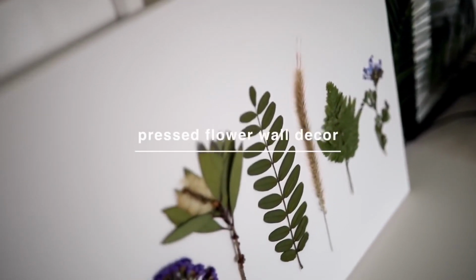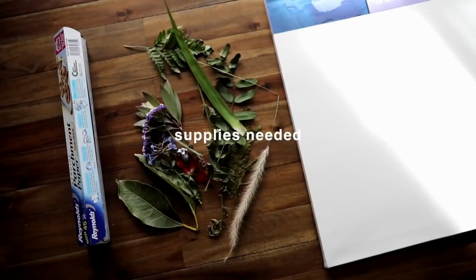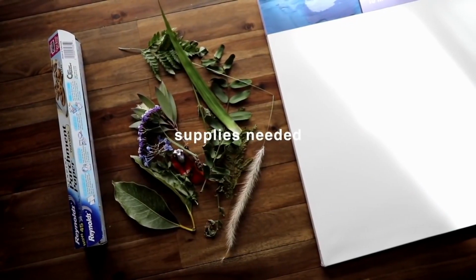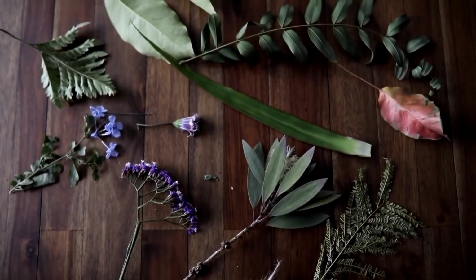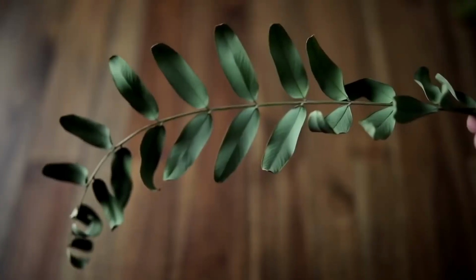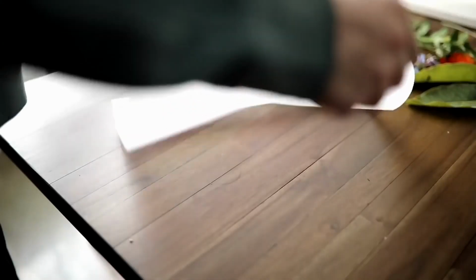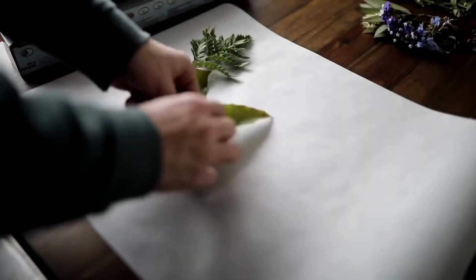Another super affordable wall decor piece is a pressed flower wall art, and you can make this on a canvas, you could put it inside of a shadow box frame, whatever you want to do, but all you're really going to need is a couple of florals and leaves that you could find out in the garden or on a walk down the street. So as you can see here, I just picked up a random variety of different flowers and leaves,